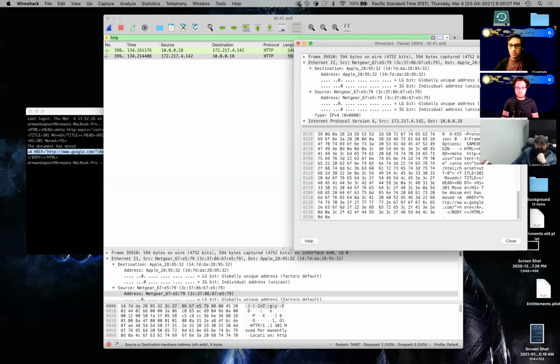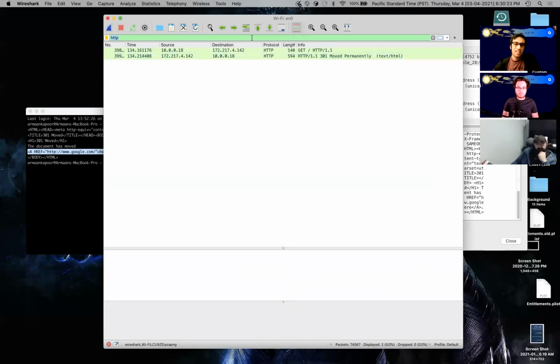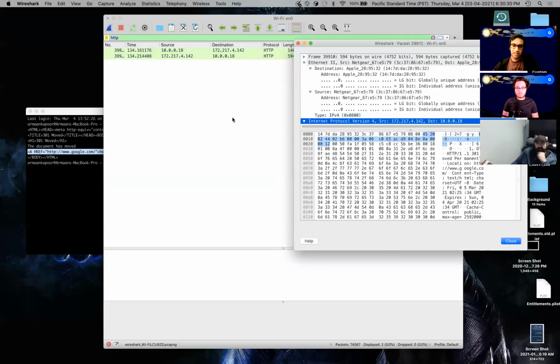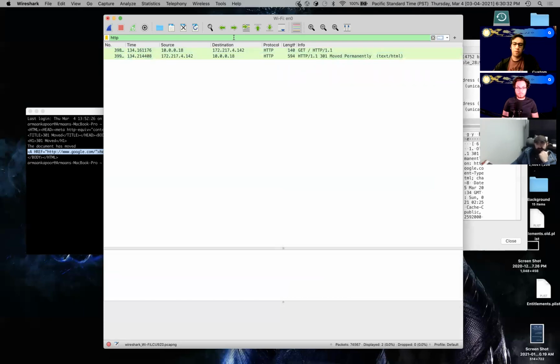Are you more so alluding to the cross origin, making sure that the server and the request destination are the same? Not exactly. It's more so in the protocol or in the Wi-Fi packet itself. There's a thing that everyone should be aware of. If you type in HTTP, okay, let me